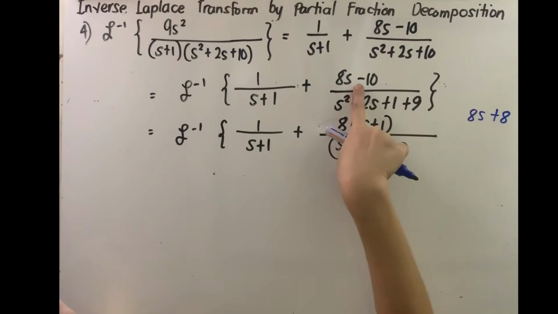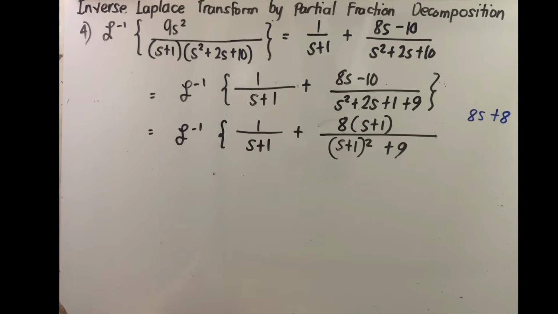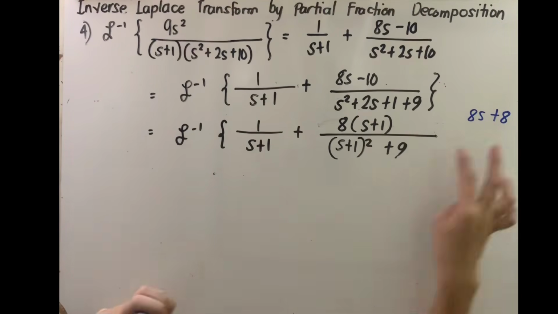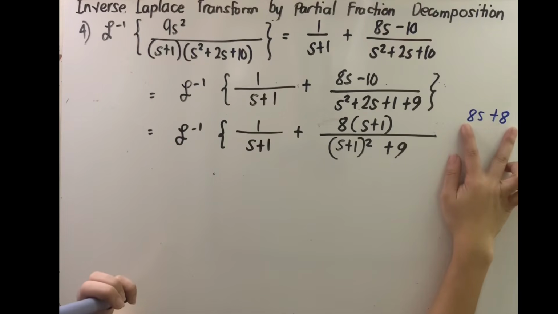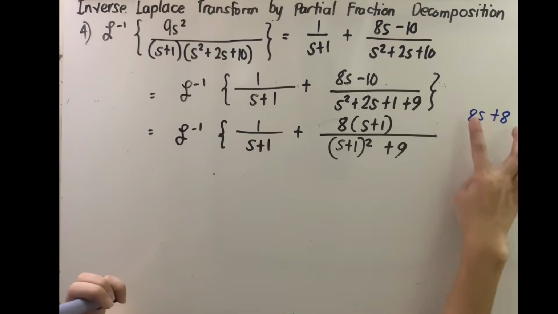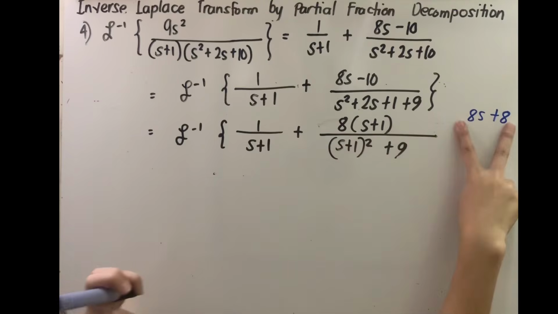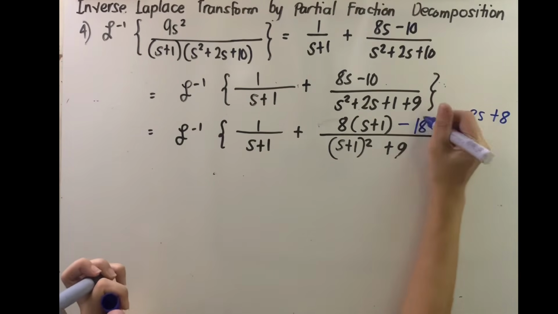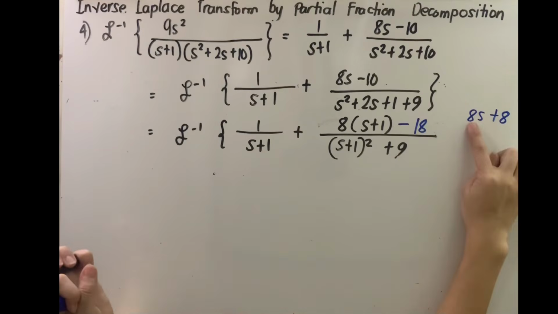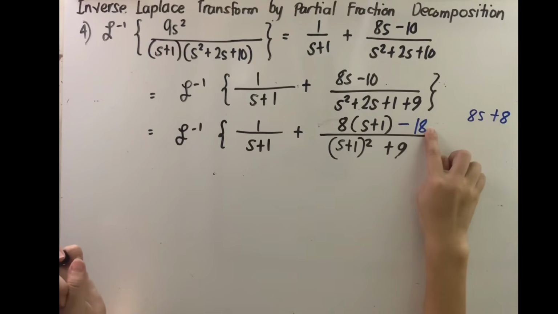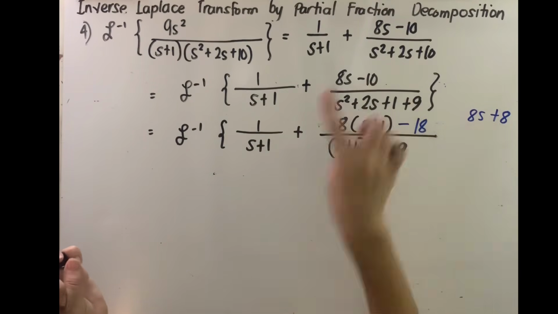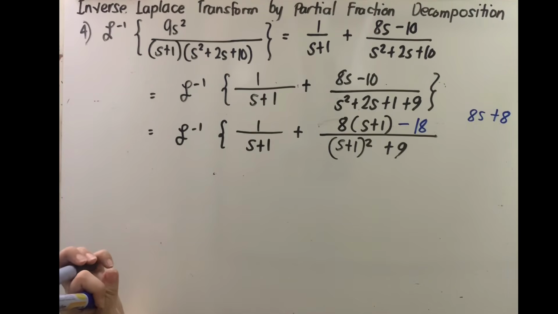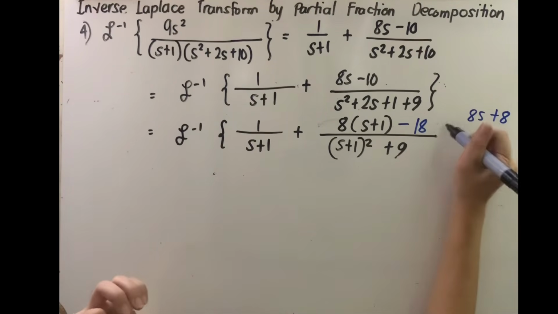Kaso, ang given dito is 8s minus 10. So, ibig sabihin, labis ako. Diba? Kailangan kong gumawa ng paraan para magkaroon ako ng negative 10. So, if this is equivalent to this, I have to subtract 18, right? Para maging ano siya, 8s plus 8 minus 18. Pag sinimplify mo, that's 8s minus 10. Okay? So, in doing that,